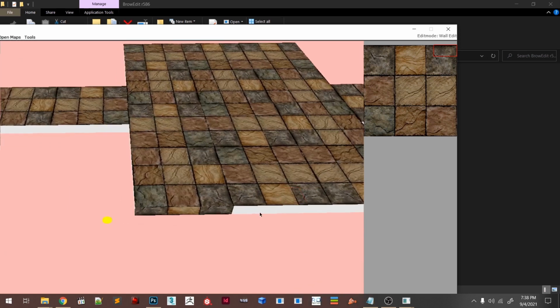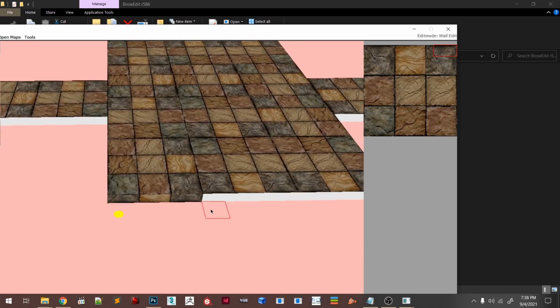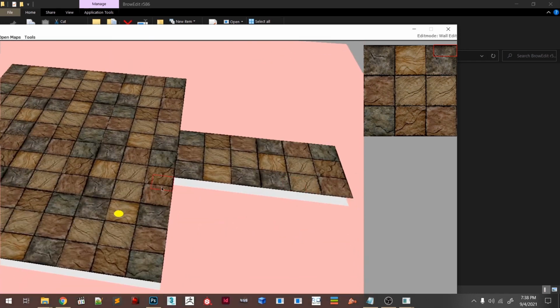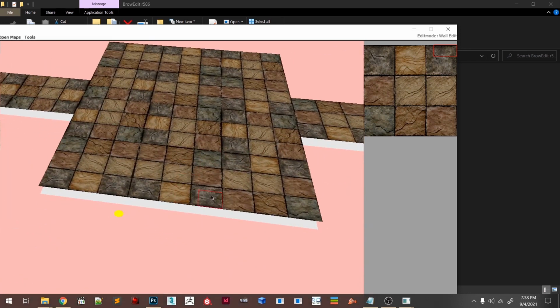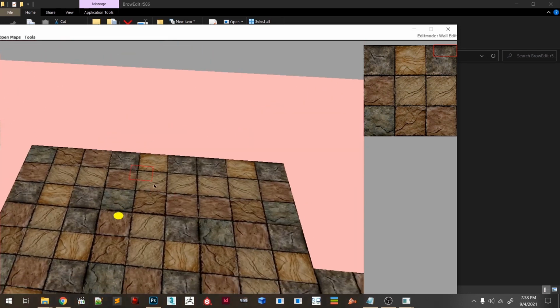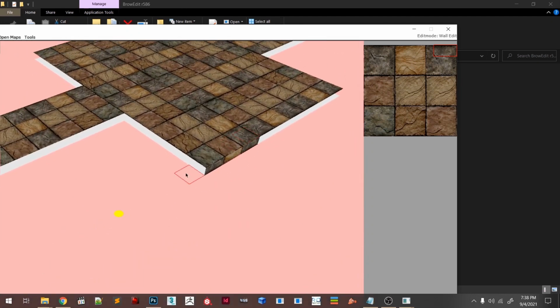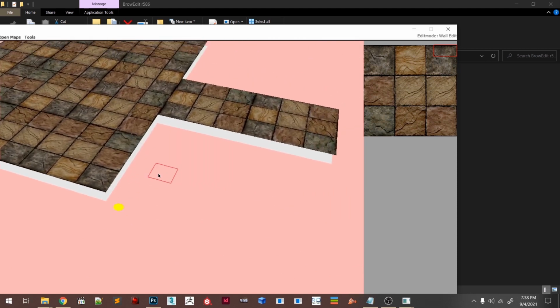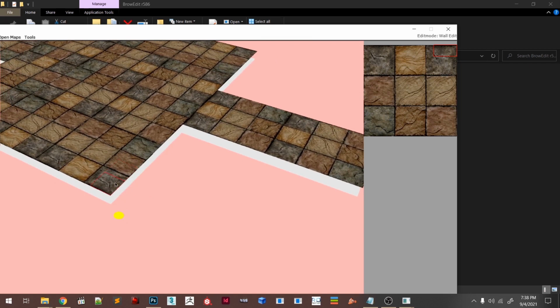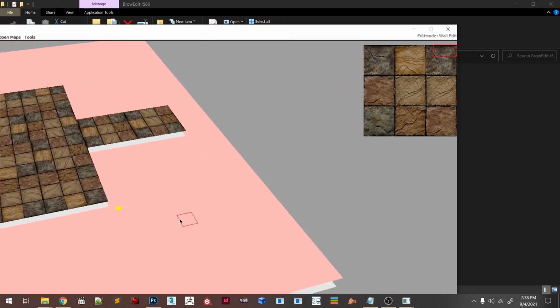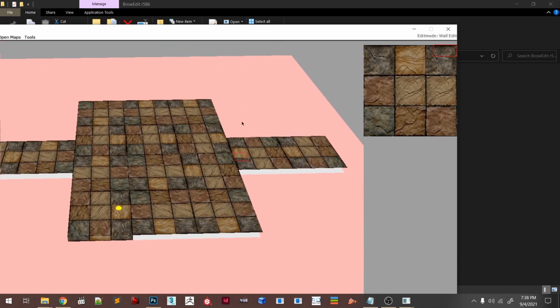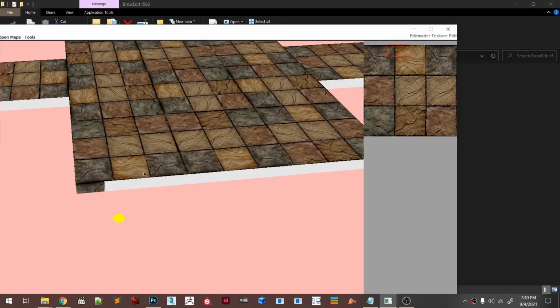So keep in mind, on this side you press on the lower part, on the front side you press on the upper part, the camera key, and the dot you press on the left side on the lower side, and on the right side on the upper side. That's how it works. So I will finish placing the texture around this map and I will be back.